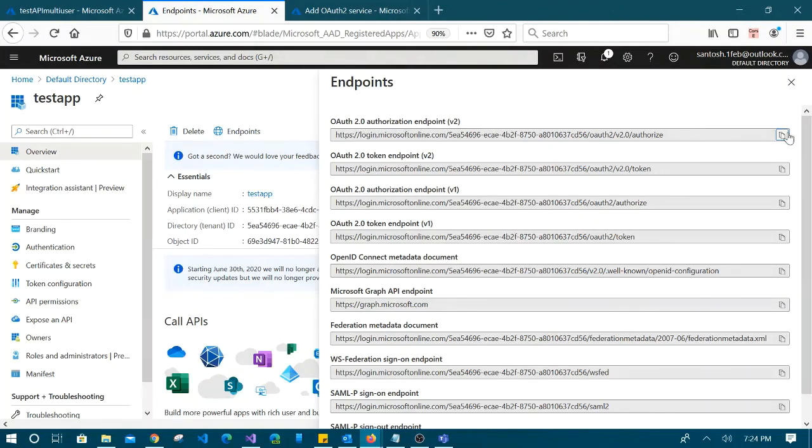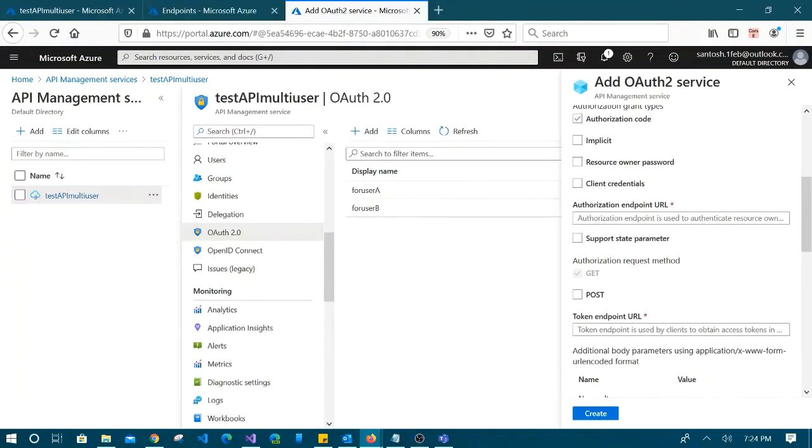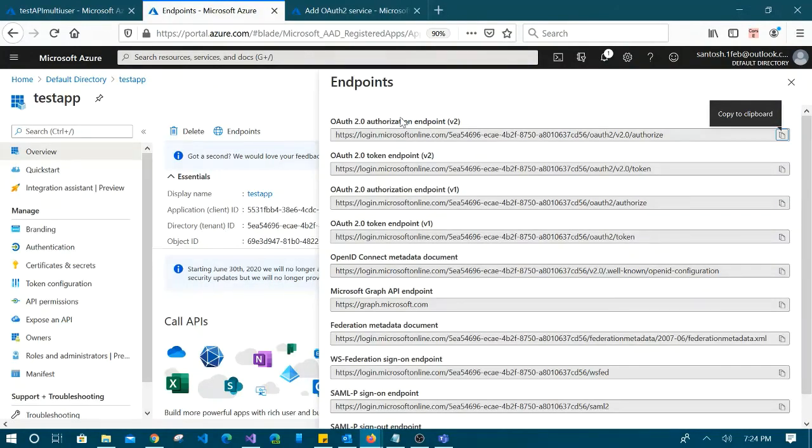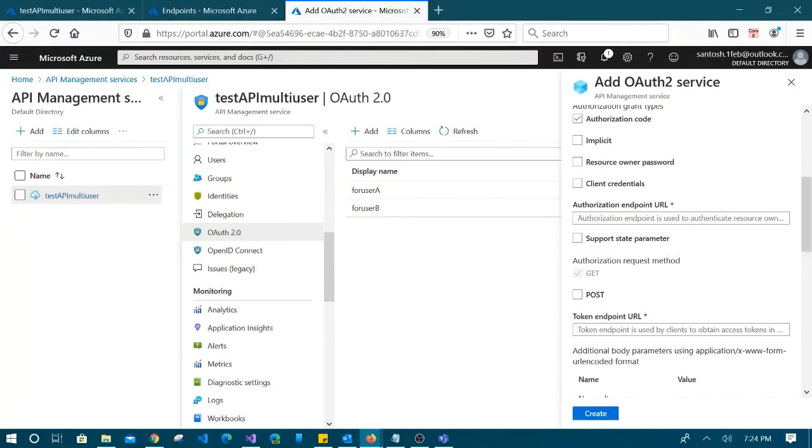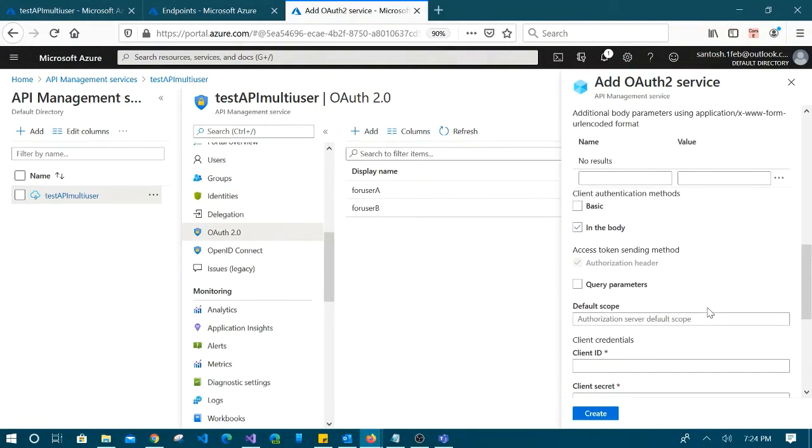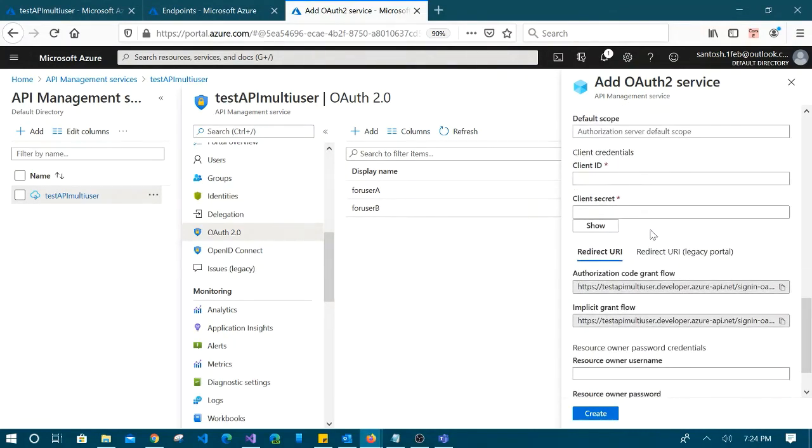So you have to copy this authorization endpoint first and put it here in the authorization endpoint URL, and then copy the 2.0 token endpoint from this and paste it here in the token endpoint URL. Now again it will ask for the client ID and the client secret.